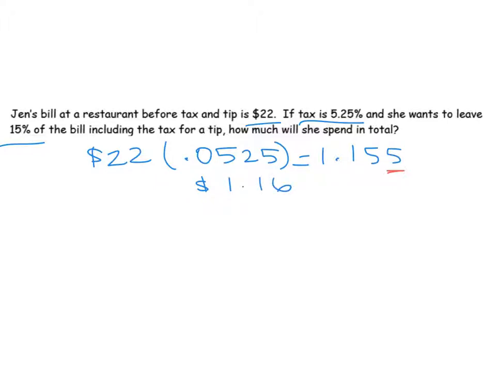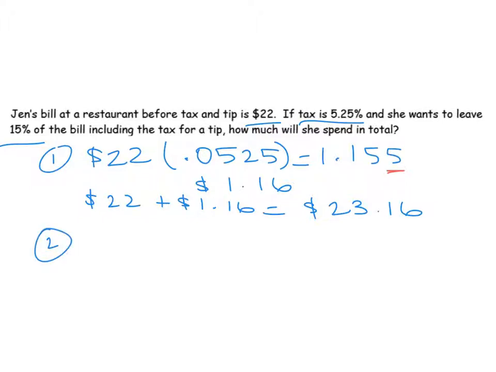All right, tax means that I'm increasing, so I need to take the original amount, which was $22, and I'm going to add to that the $1.16. And that is going to give us $23.16. Right, that was step 1. All right, step 2, I'm going to leave a 15% tip. So I'm going to take the amount I got in the first step, $23.16, and I'm going to multiply that by 15% to figure out the tip amount. So $23.16 times 15% is going to give us